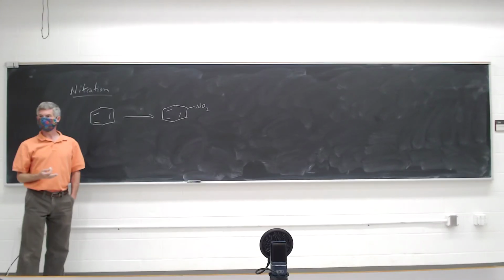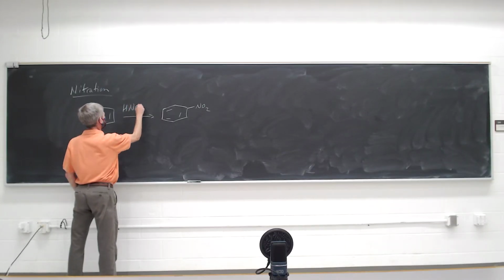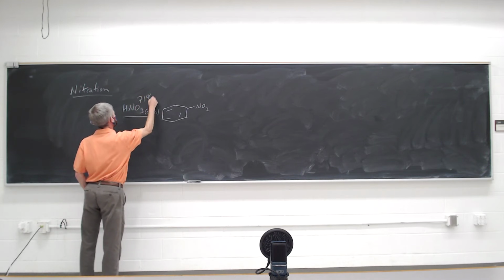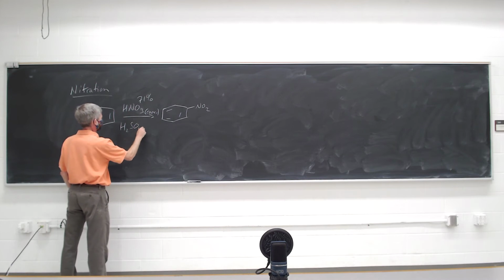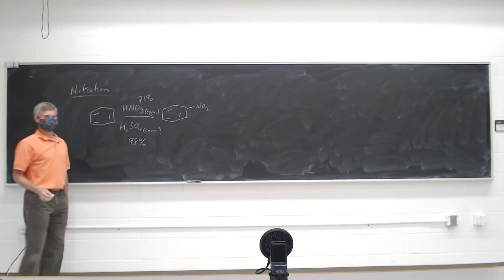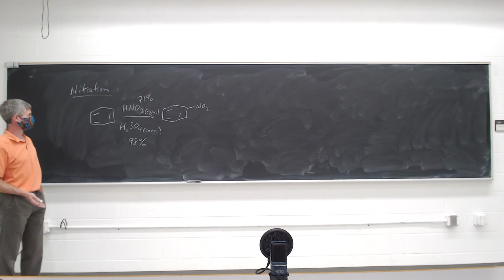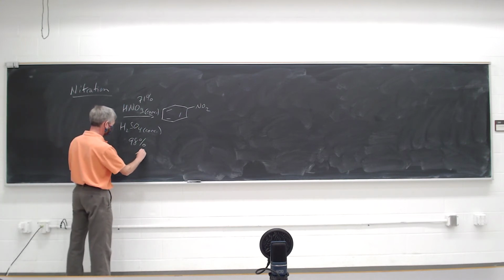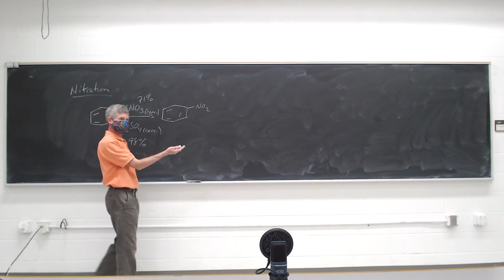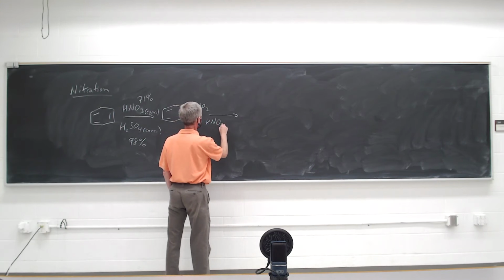If you put enough nitro groups on it, it'll become explosive, so that's handy. And the reagents for this are concentrated nitric acid, 71%, and concentrated sulfuric acid, 98%. So we try to minimize the amount of water by using a mixture of concentrated aqueous acids. If you heat it up enough, it'll put one nitro group on there. But if you want to put multiple nitro groups on there, you can do the same reaction. Another reagent that will do the same thing is